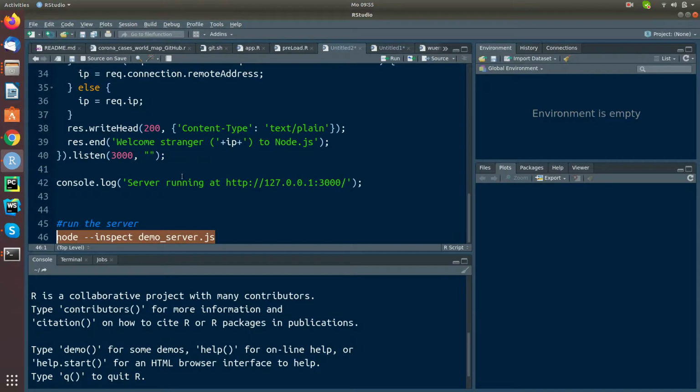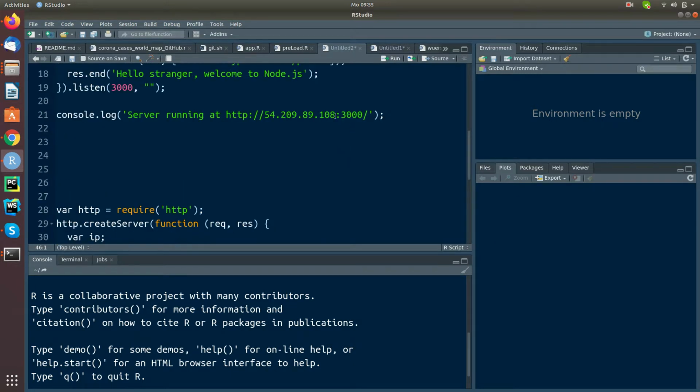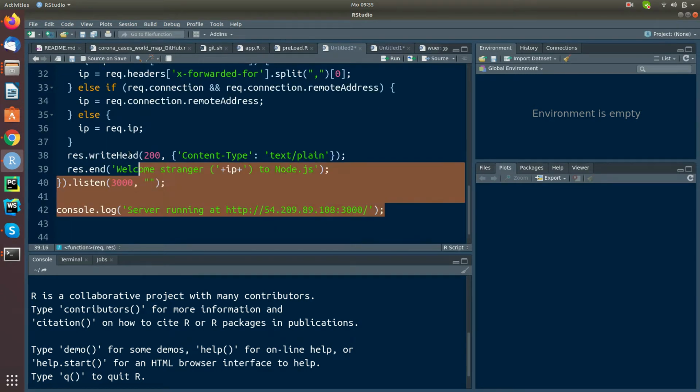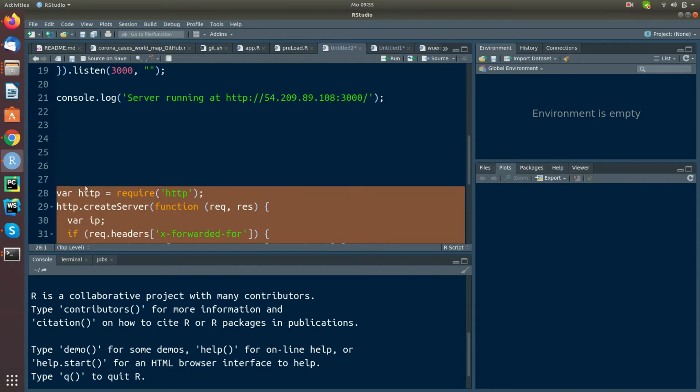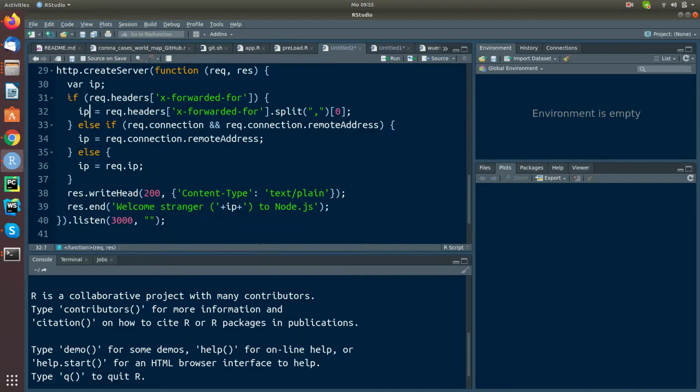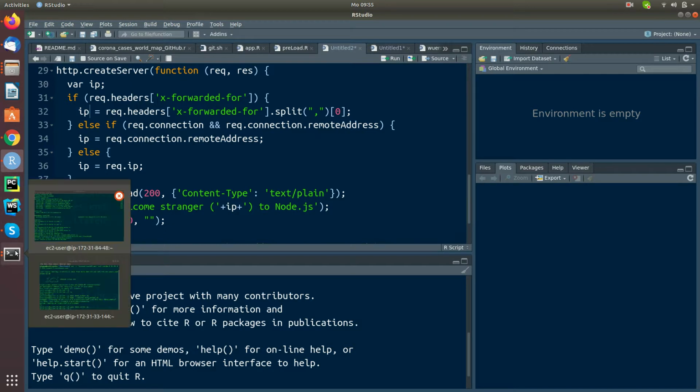I put another script in the description, which will basically do the very same thing, but add the user's IP address, so you can see with what IP address you are accessing the server. Sometimes you have to check which IP address is part of the request. Sometimes it's request headers x-forwarded-for, sometimes it's req.connection.remoteAddress. So this is why there's this if else. You can just copy this, and